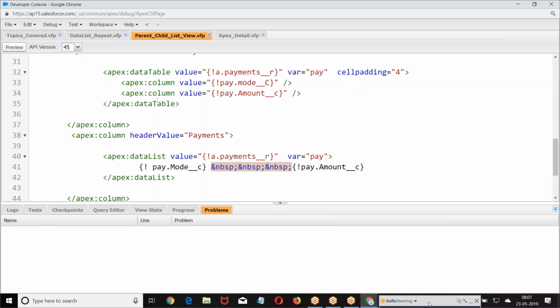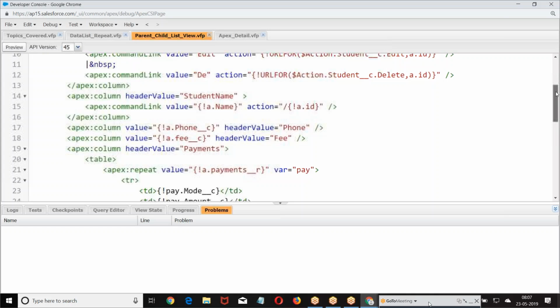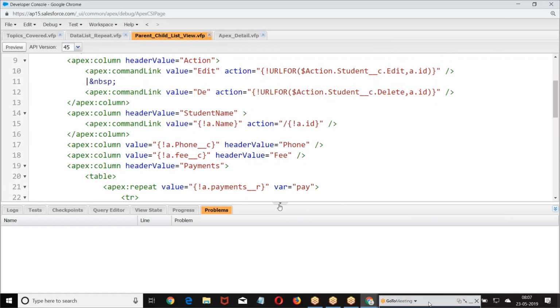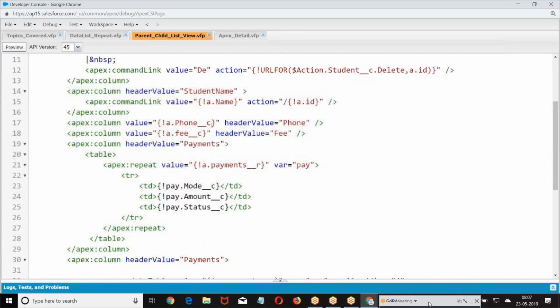Come back to our previous example. Now we gave, look at the point, when you click on ID, where was the data? Edit, delete. When you click on the name, what are you getting here? Slash a.id, right? Slash a.id. Here I am giving, what is the name of the page? Slash apex slash my